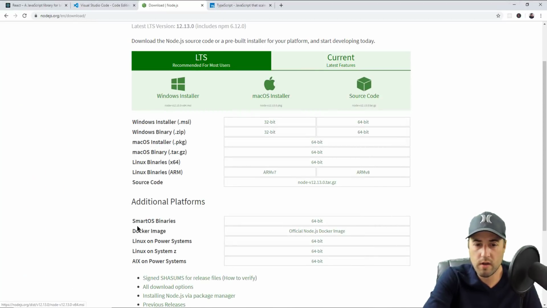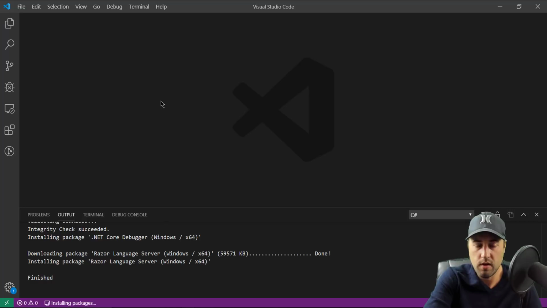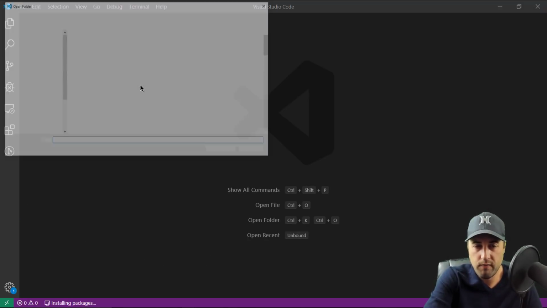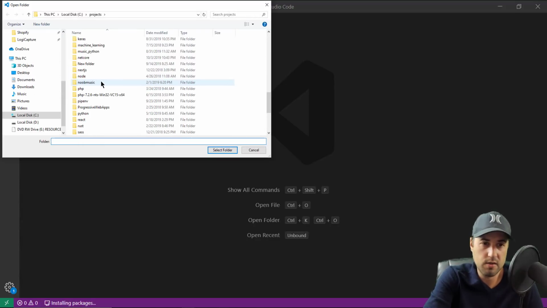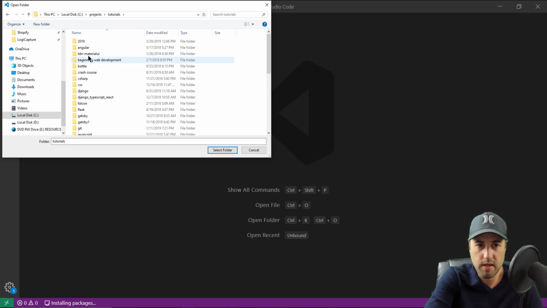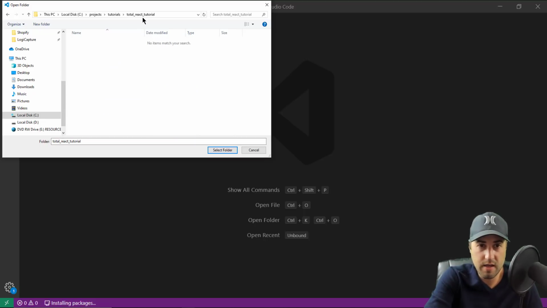So what I want to do is, after I install Visual Studio Code, you're going to want to open up the editor to whatever folder it is that you just created. So hopefully if you just follow right along, just put Total React Tutorial, and I have that sitting in my C drive under my projects tutorials folder. And then I'm going to select this Total React Tutorial and say select folder, so Visual Studio Code will open up